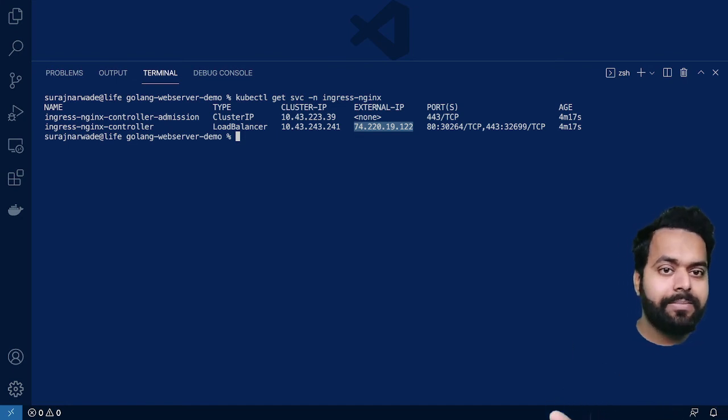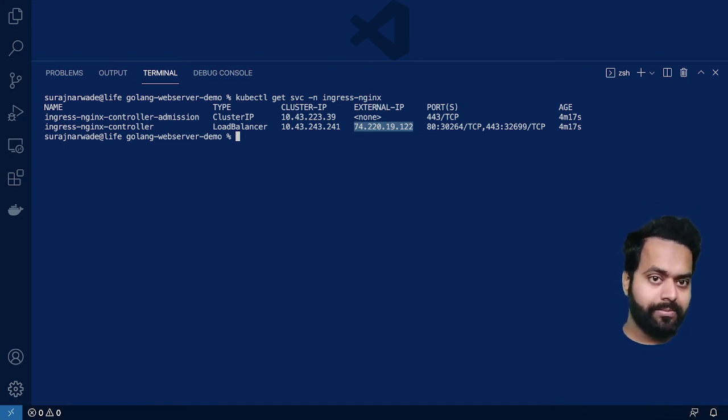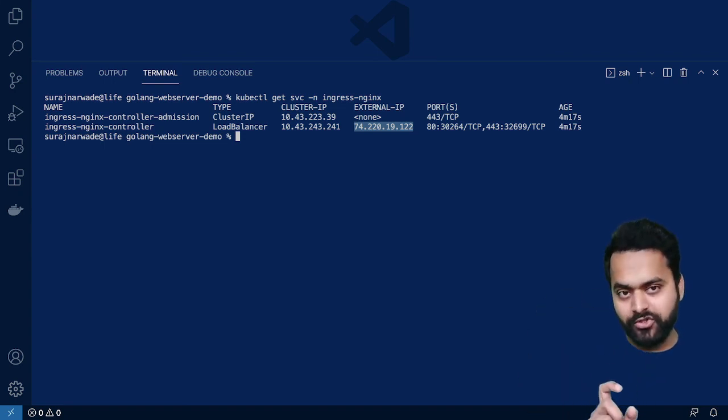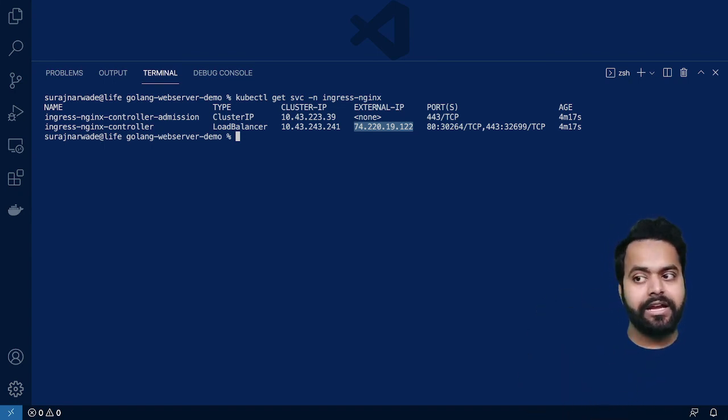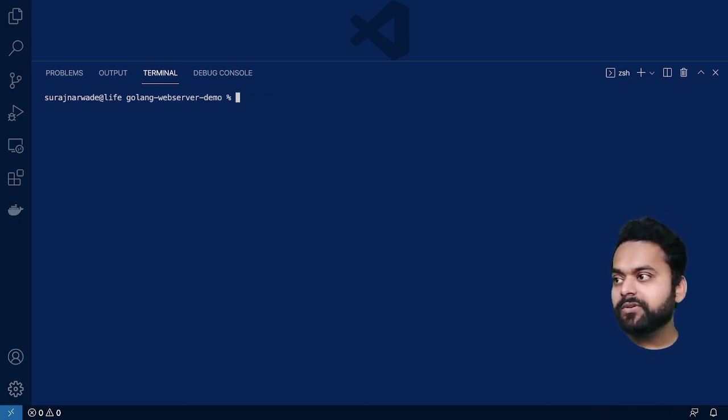It automatically spins up a load balancer itself, which we don't see in the console, but it's there, and we can use this IP in the DNS settings to configure things. Right, so this is it.